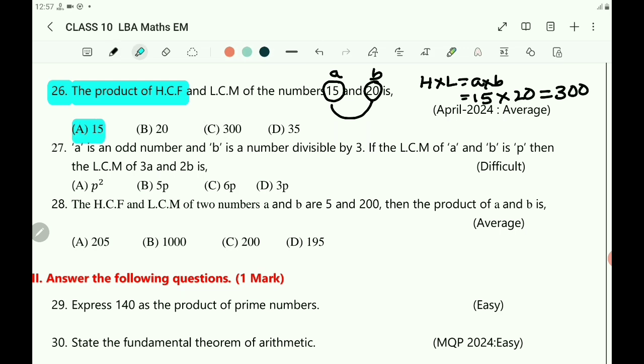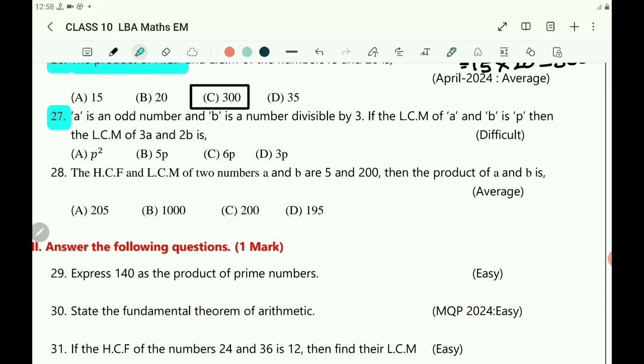So option A, 15, is not an answer. B, 20, is also wrong. So option C becomes the answer. D is also not the answer. So the product is 300. So if two numbers are given, the product of the given numbers becomes the product of their HCF and LCM. Then you take